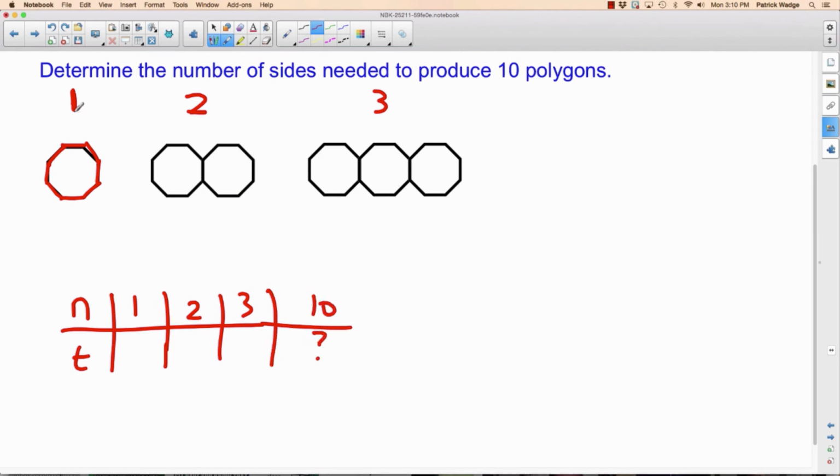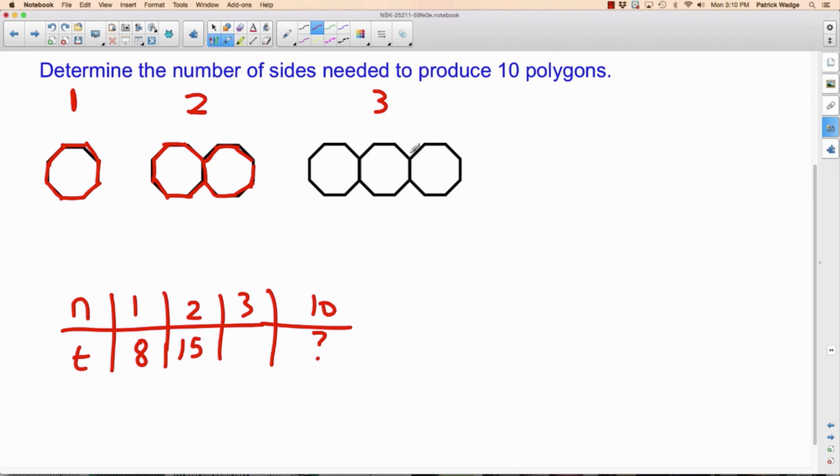Okay, so when I have my shape number 1, I counted 1, 2, 3, 4, 5, 6, 7, 8, right? So that goes 8. When there's 2, count with me here. 1, 2, 3, 4, 5, 6, 7, 8, 9, 10, 11, 12, 13, 14, 15. It's not 8 plus 8 is 16 because they have a shared side here, so it's actually only 15. Okay, now you probably can figure out what number goes here next, but I'll actually count it all out for